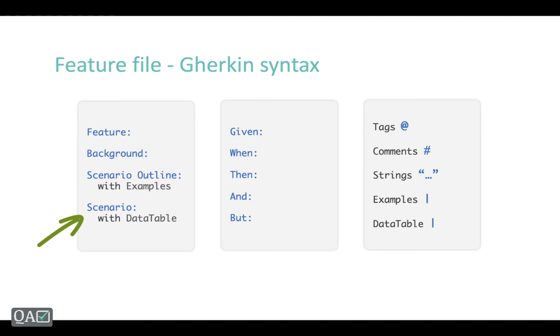So that is all about the first block. Now if you see, scenarios are, what exactly does a scenario consist of? It is nothing but the steps, right? So for each step, to make it more natural language, Cucumber or Gherkin provides a few step-wise keywords, that is Given, When, Then.